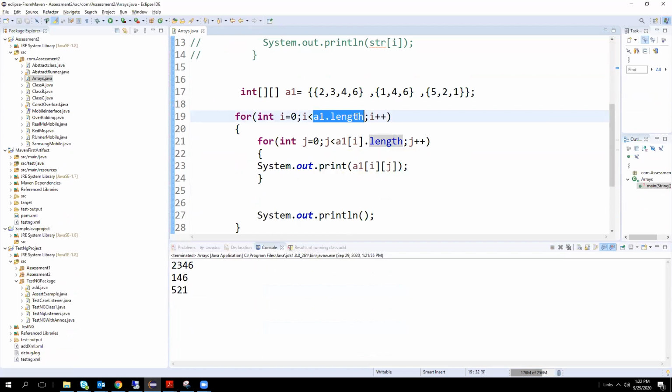The value will be 3 always. What I mean to say is, if i is equal to 2, is lesser than... Okay, 2 means index. Okay, fine. Now I'm clear.